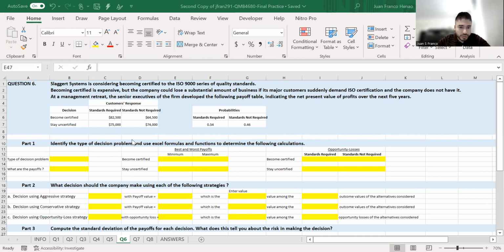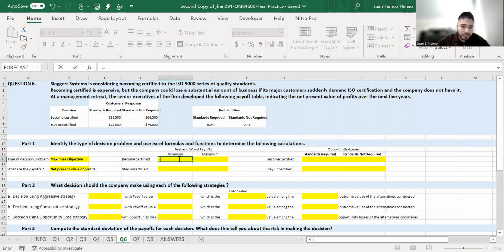For this, we want to maximize our objective because this is a company and we're talking about money. So for the company, it would be to maximize in this scenario, okay? So we want to maximize our objective. And what are the payoffs? The net present value of the profits, according to the question. Now we use the mean formula, perfect mean, and the max, pretty straightforward. Mean,